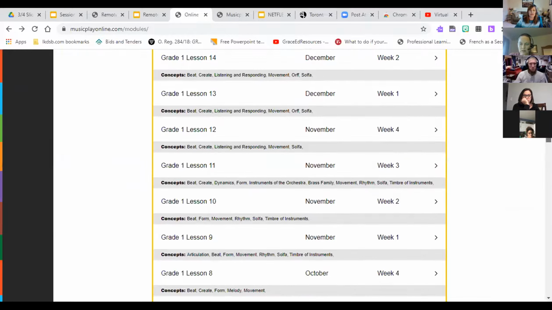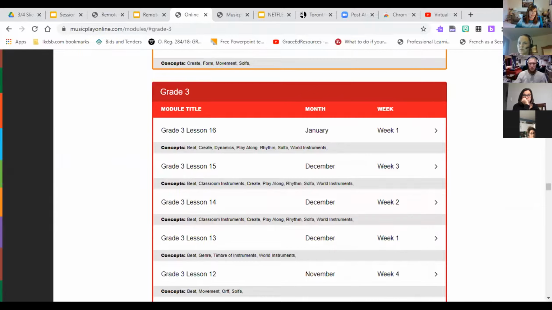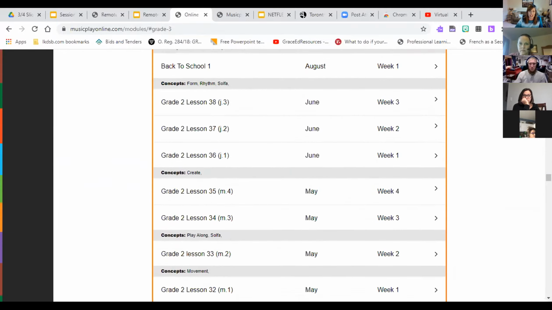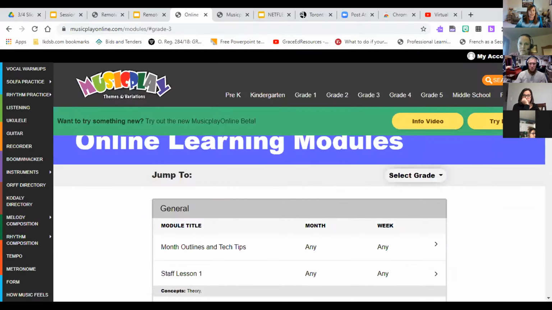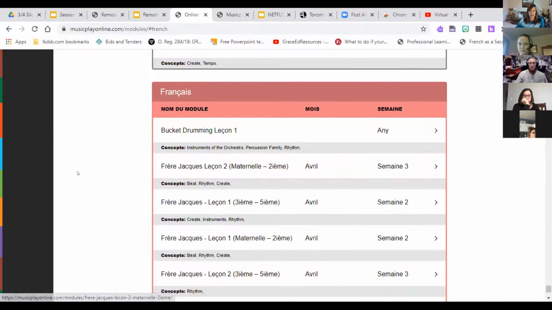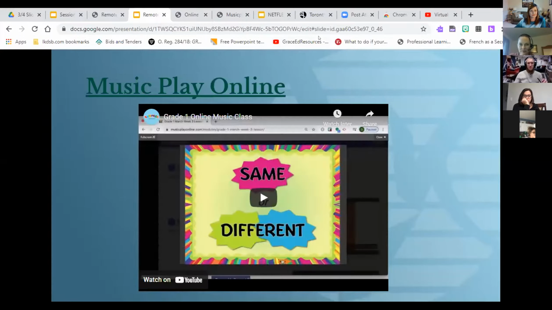If you go at the very top, you can refine your search by grade level, and subject or language as well. So there are some French resources as well. I just thought it was worth a walkthrough after it was mentioned in the chat. It's not mine, but I was like, wow, there is a lot here to look at. Is that where you select the language? Oh, there. Sorry, it wasn't far enough down. Awesome. So there are some activities ready to go, which is great.